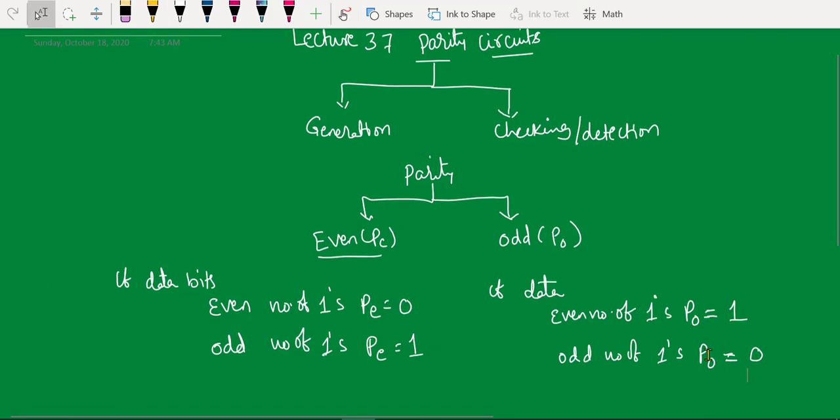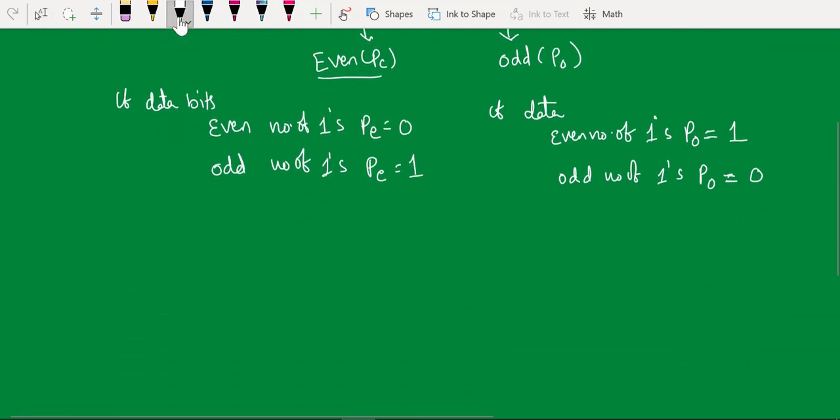Let me show you with a simple example. Let's take 1100. So these are the data bits. For this, your even parity bit will be 0 since it's already having an even number of ones, and for 1110 this will be 1 because it has an odd number of ones.